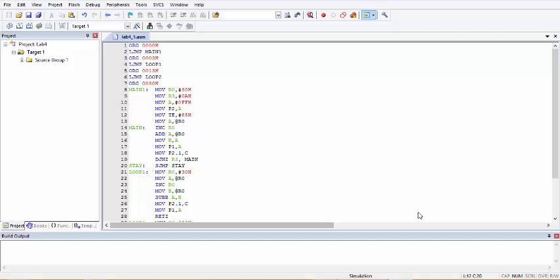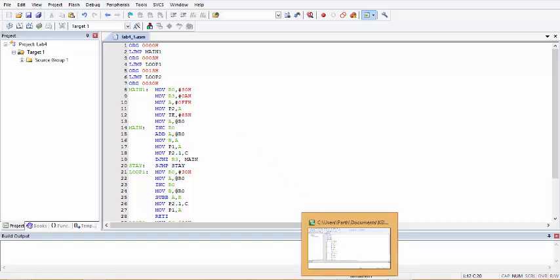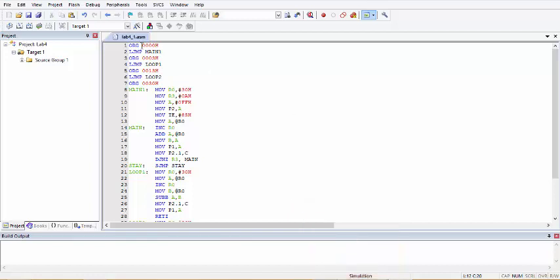Hello everyone. Today we will be seeing how to handle interrupts in 8051. We will first see the Keil programming in assembly language, then we will see the Proteus emulation of the same, and we will also see the hardware implementation of the same later. So let us begin quickly with the Keil programming, the assembly language programming.